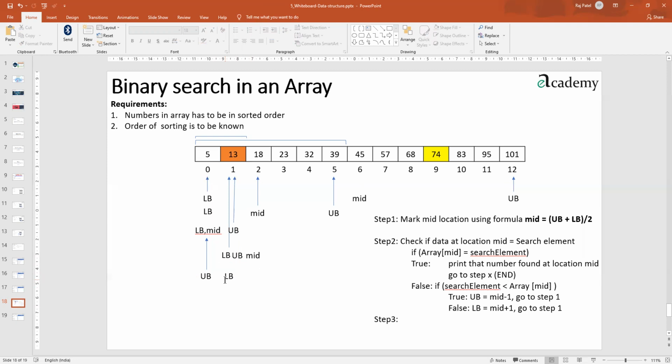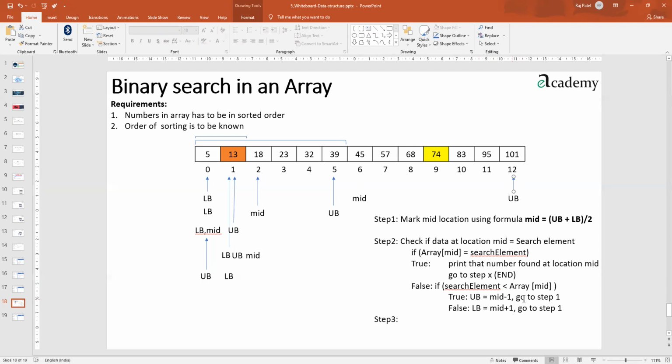That means what? You started from the left extreme and also right extreme, and you have gone on searching them, you did not find it, and at the end both of them have crossed each other. That is a clear indication the number is not there. Getting me? So that also, as a part, we have to always keep in mind before we repeat the loop. Otherwise you will go on repeating.